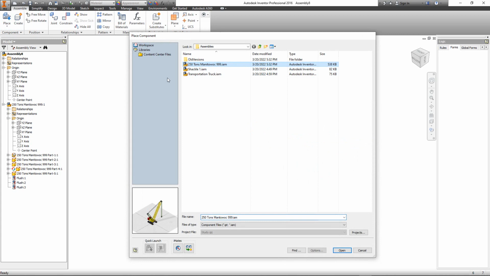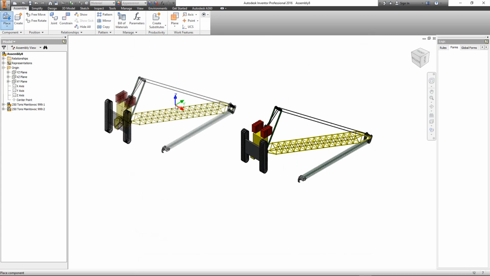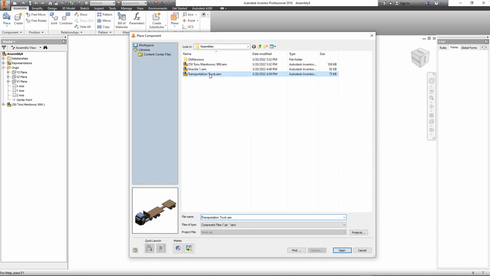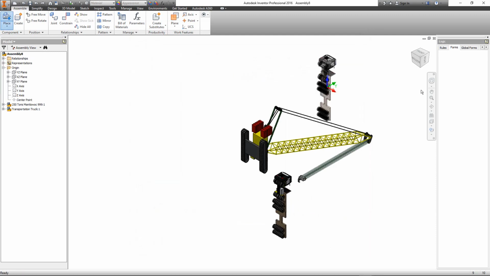So let's import it as grounded. During importing, you can select it as grounded. You can see on the tree that it's grounded. So you have the two ways. Now we will import the truck,